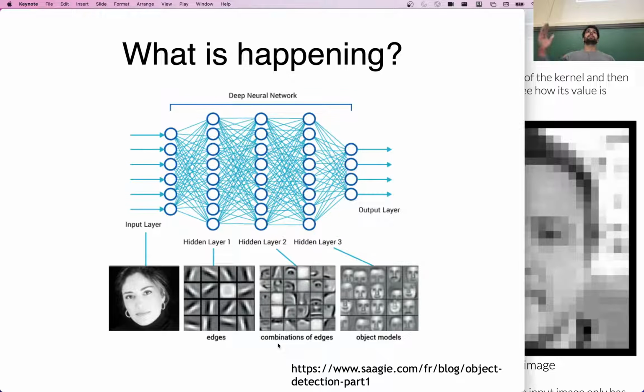Then as you get higher up in the network, we start to see like combinations of edges. And finally at the top, like more concepts and objects that are being activated by these layers. So a lot of the interpretability work in neural networks is, I guess, most useful for image-based neural networks.